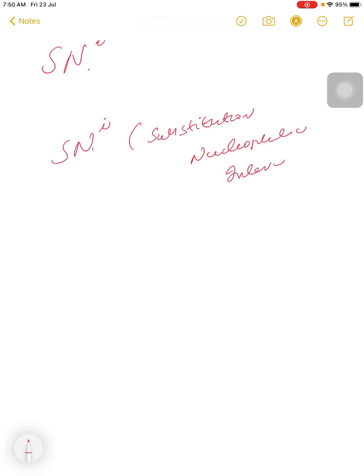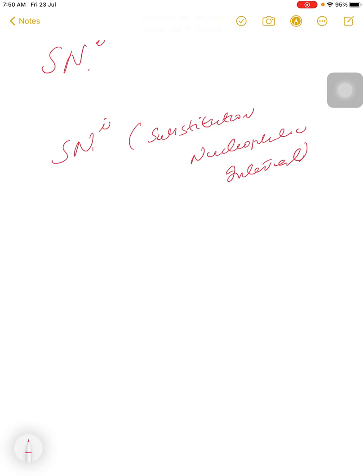Good day, students. Today we will be looking into SNi reactions. SNi reactions are known as substitution nucleophilic internal reactions. This sort of reaction can be explained using an example of